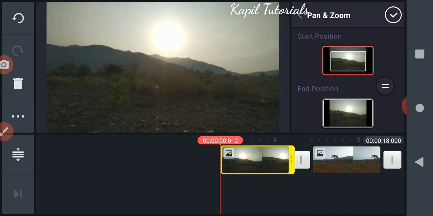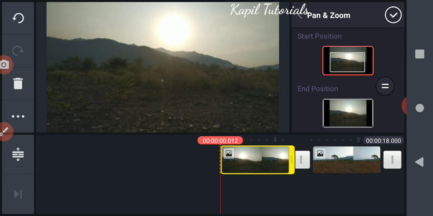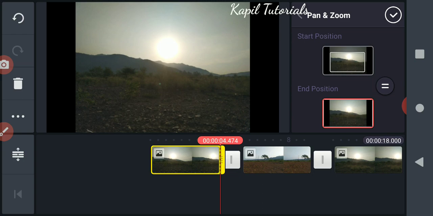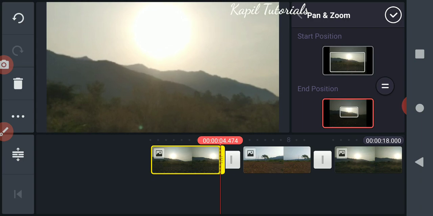I'll zoom it so that it takes the overall position and that black portion is cut. Okay, I've done that, and then I'll click on the end position, and in the end position I'll zoom it more till here. This is okay for me, and then I'll click on tick.